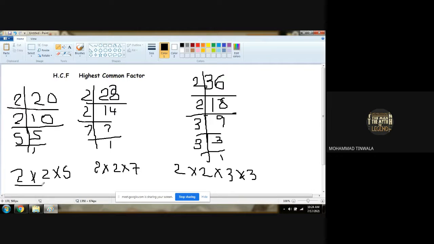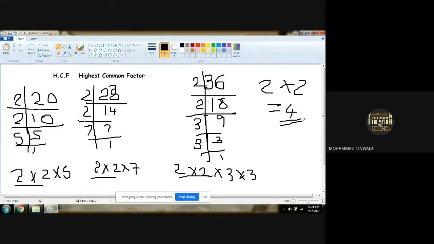So these are the two common factors in all these three. Nothing else was common, right? So for the highest common factor, we have to multiply all the common numbers we have. So the common numbers are 2 times. So the highest common factor for all these three is what? 4. 4 is the biggest factor that divides all three at the same time. Or we can divide all these three numbers by 4.